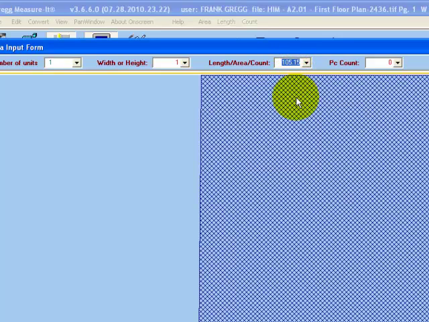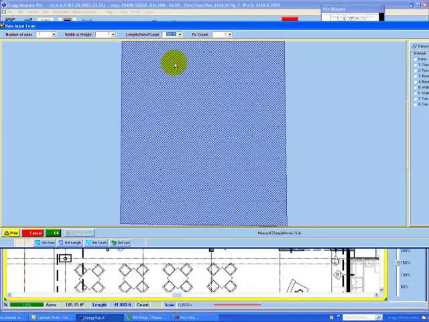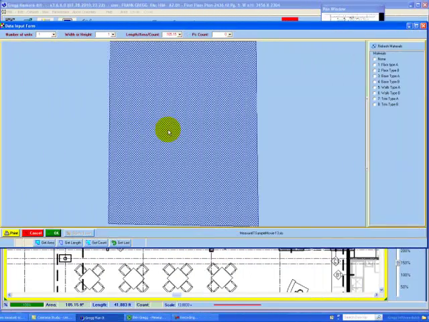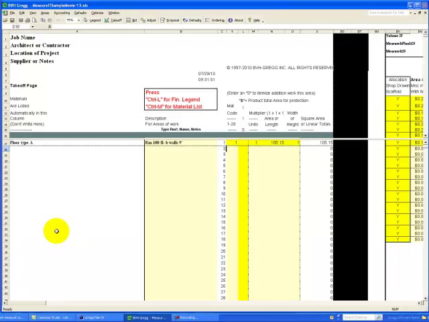The program measured in area mode, so the program automatically places the area footage in the text box for our area to help the user. If the program was in length or count mode, those would have been automatically entered. Select the material type that was measured and select OK, and that item's now in the pricing program, and that's